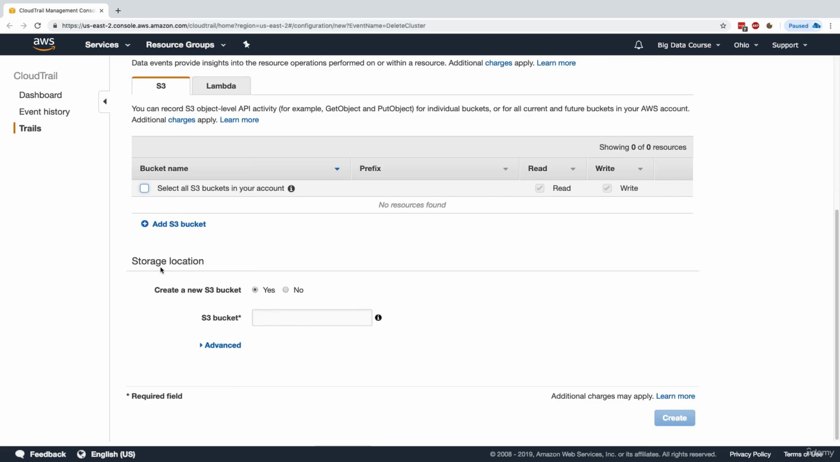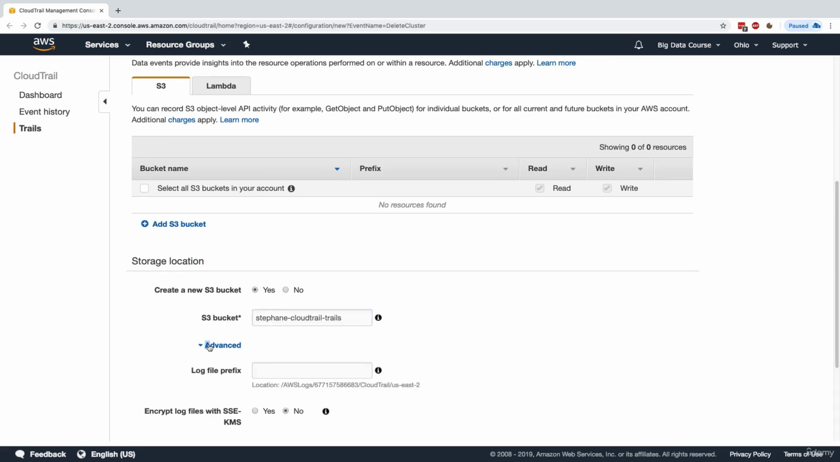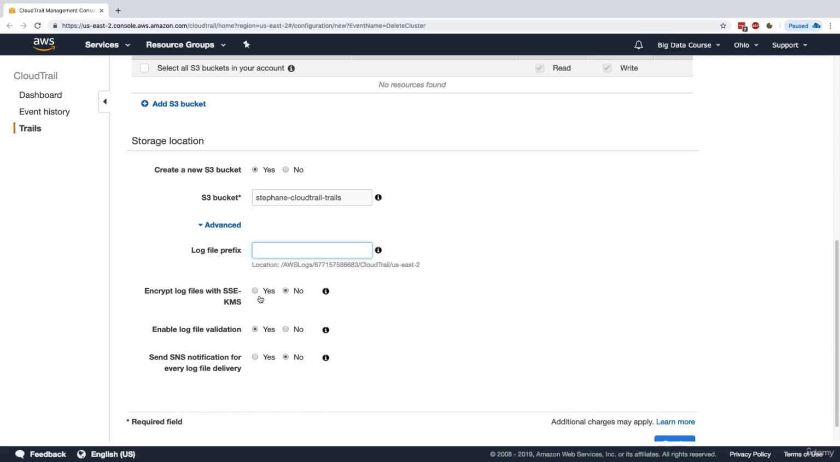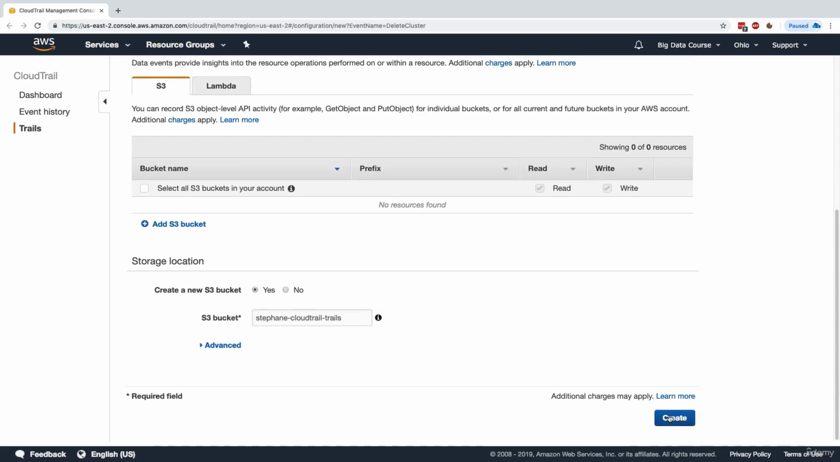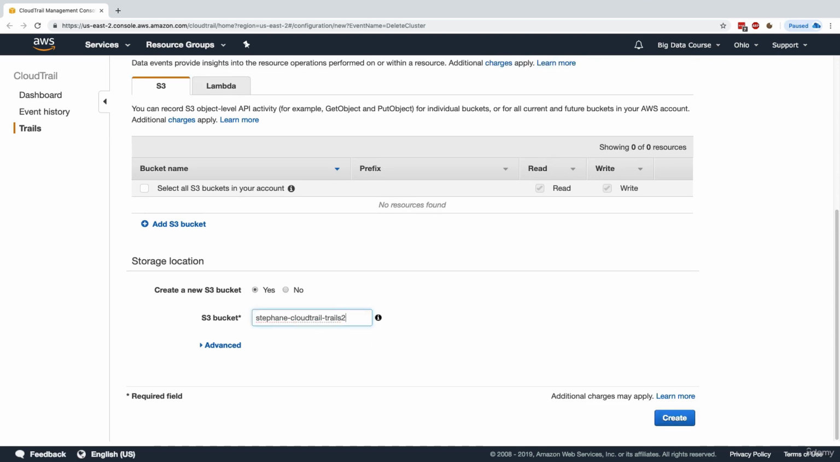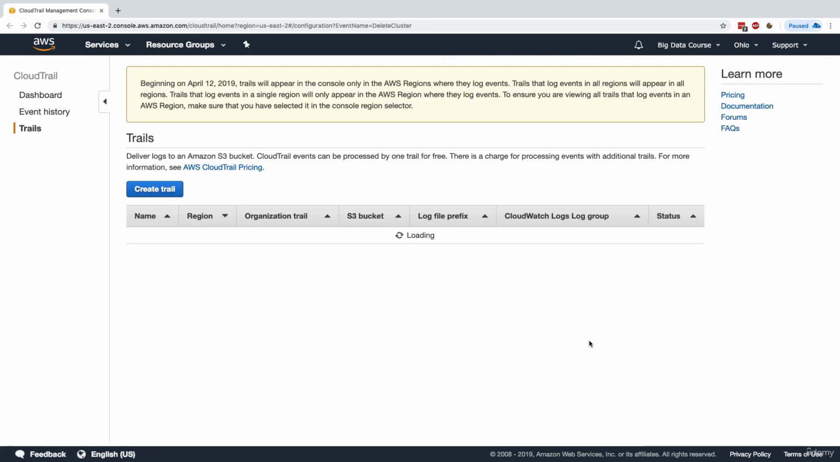And then finally, where you want your CloudTrail events to be stored. So I'll call it Stefan CloudTrail trails. Here we go. And it's going to create a new S3 bucket for me. You can specify a log prefix if you wanted to, and specify encryption parameters such as SSE-KMS, log file validation, and if you want to have SNS notification anytime a log file is being delivered. For now, that's fine. I'll click on create, and the bucket already exists, so I'll go trails2, create, and now my